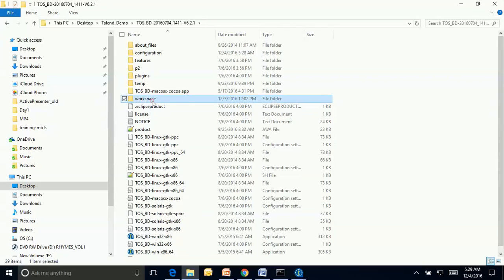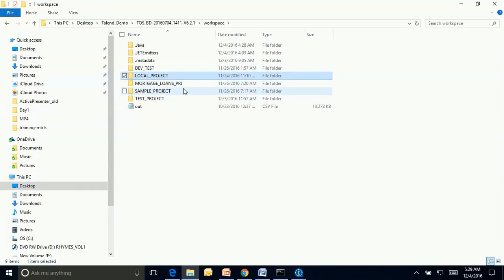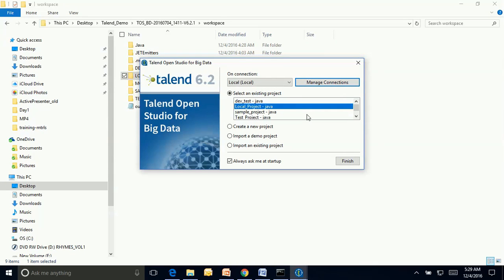So here inside the workspace it has created a local project directory. Whatever jobs I create, whatever connections I create using this local project directory, it will store all the information inside the local project directory, which is part of the workspace directory. Basically, whatever you create, all the Talend jobs, configurations and connections will be saved inside a physical directory. Inside the physical directory of the workspace, it is creating another directory called local project directory, and there it is saving